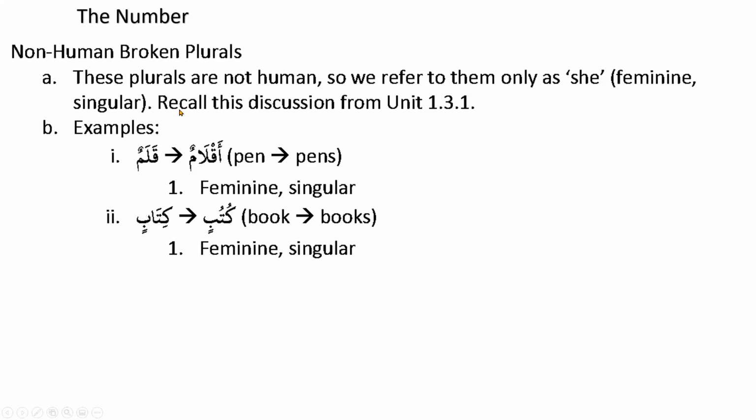So first we know what a broken plural is, right? That these are not una, ina. Also we know two things about broken plurals. They can be divided into two groups: human type things and non-human type things. If it is human, then they could be masculine according to their meaning, and they could be considered as they, meaning plural, or they can also be considered singular and feminine. For non-human broken plurals, like words like books, words like pens, and both kalam and pens are mentioned in the Quran, right? Words like this will always be considered feminine singular.